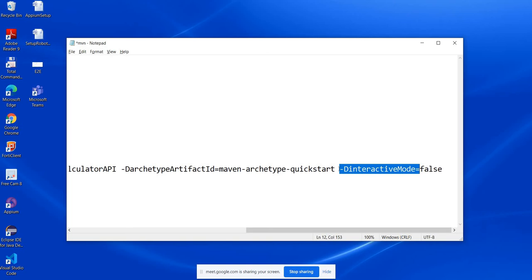So Maven asks us for different settings. It prompts us for different values to be input as a part of the creation. So if we set it to false, Maven will not ask us anything. It will take the required other parameters which it needs to complete the creation process. It will take those with the default values. Otherwise we have to put the values for every prompt we get from Maven, right? But we have created it with false.